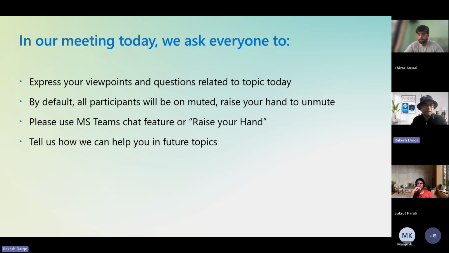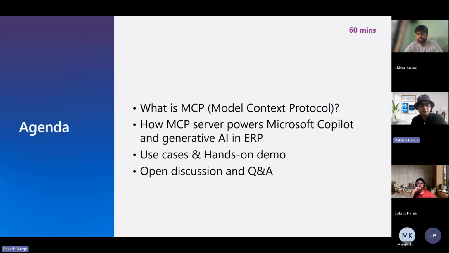Although there will be a time permit of 60 to 90 minutes, if there is a long topic to be covered, we can certainly get into a discussion where we divide those sessions into different areas and different days. In terms of the agenda today, as I mentioned at the beginning of this call, we will start with